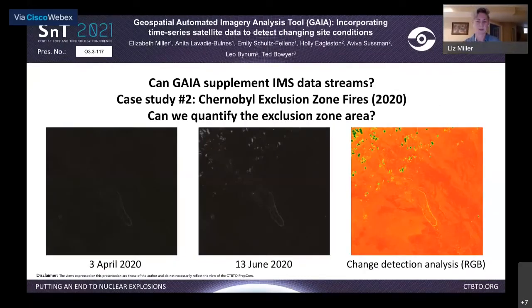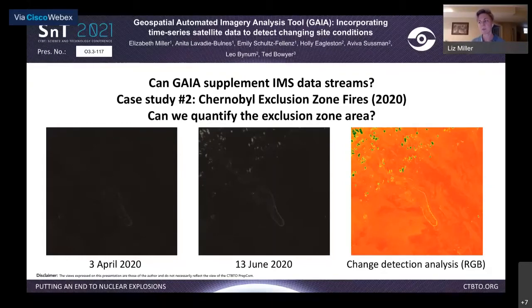And then one final one that I'll point out, I know I'm running a little close on time. The other great thing with GAIA is that in locations where maybe our images just aren't great and we can't actually see a lot, we can still run GAIA to get some really interesting change detection analyses. And one of the cool things that GAIA lets you do is that you don't have to just use RGB images. You actually can use any variation of raster bands. So, for example, our change detection analysis here for the Chernobyl exclusion zone fires that